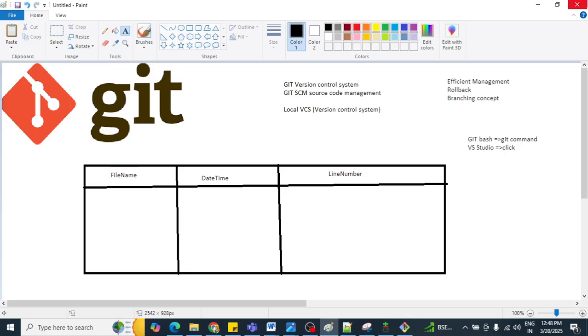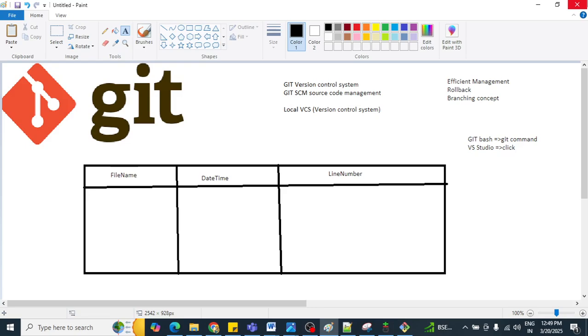So all these types of challenges we can solve with the help of Git. That's why Git is called a version control system. Version control system means you can go to the past, you can do time travel. Okay, you can modify your changes, you can take back your changes, you can roll back your changes, you can make branches of the source code. Okay, you can work separately on that particular branch. After that you can merge that branch with your main branch, so that you are not going to disturb some other developer's source code.